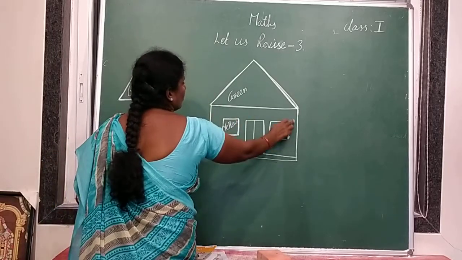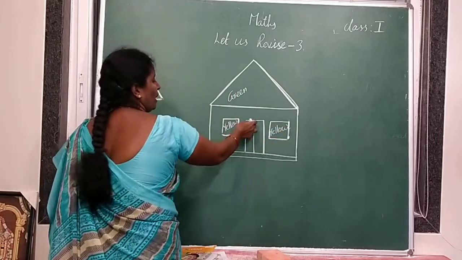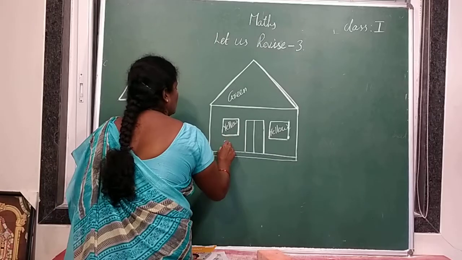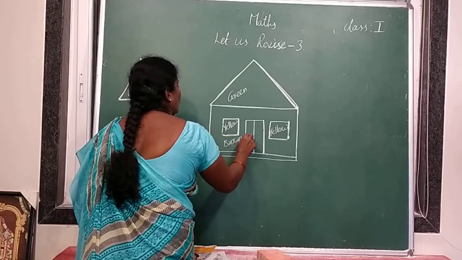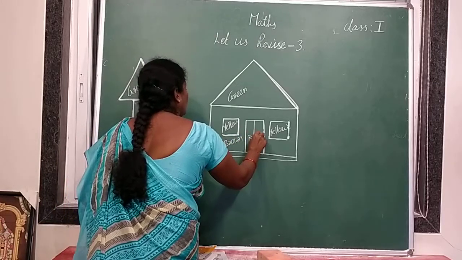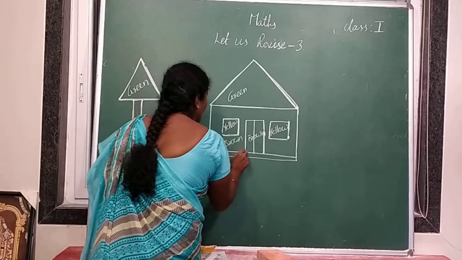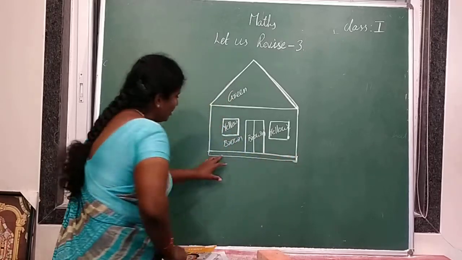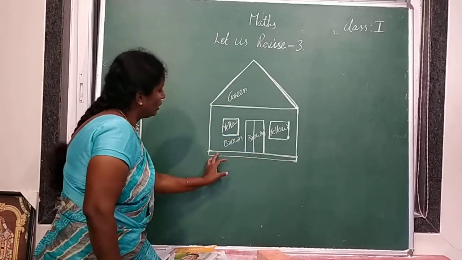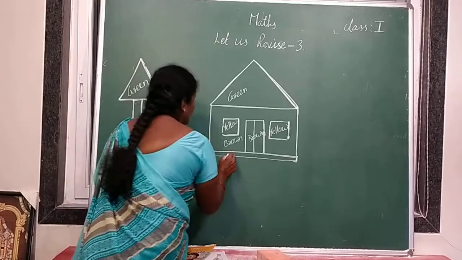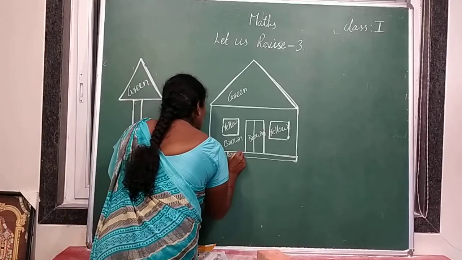And this is rectangular shape, and this is also in rectangular shape. So brown, and this is also in brown color. What is the name of this shape? This is also a rectangle. So we should draw this one also with brown